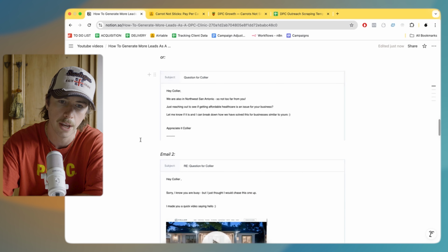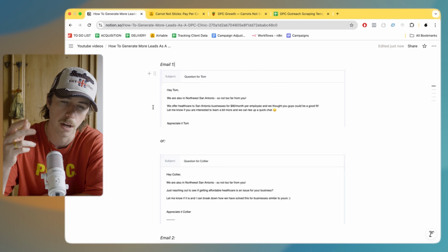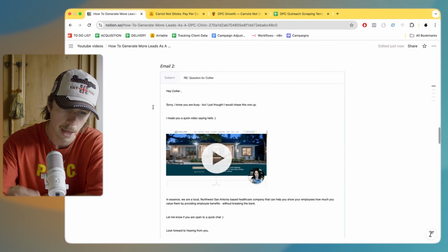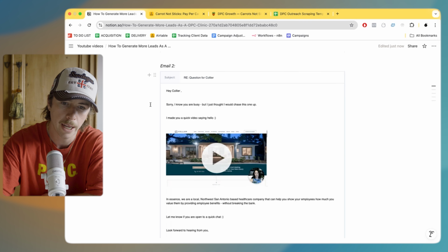Okay. So these are the two things that we test and we get calls off both of them. I would say this one works probably a little bit better, but it's always nice to be split testing against something. And then this is sort of the magic of the outreach that we do, is we then say, hey,